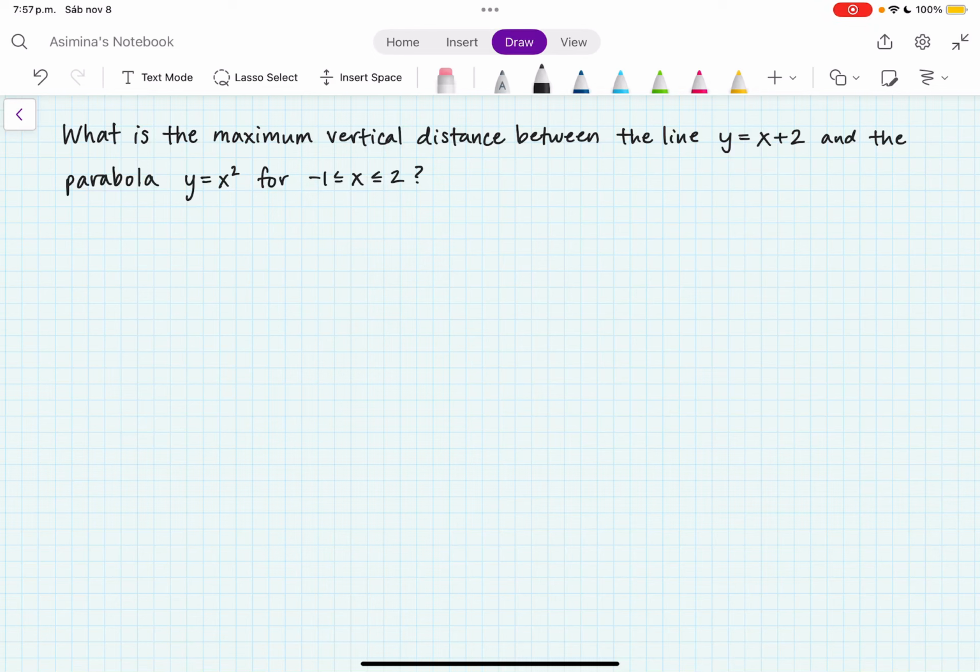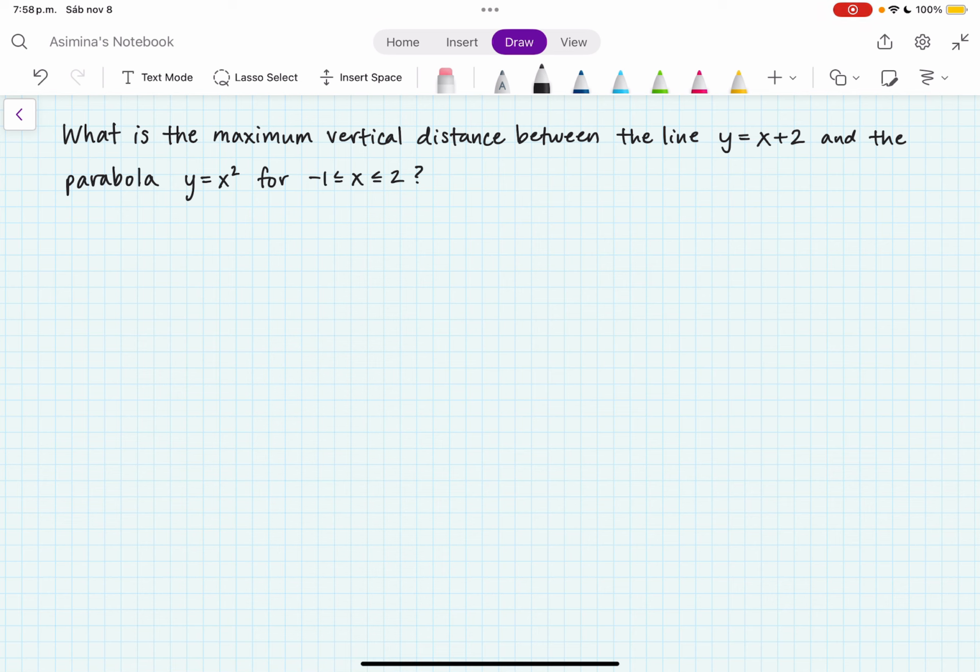In this video, we are going to find the maximum vertical distance between the line y equals x plus 2 and the parabola y equals x squared for -1 less than or equal to x less than or equal to 2. So, the vertical distance between these two curves is going to be the absolute value of the difference of